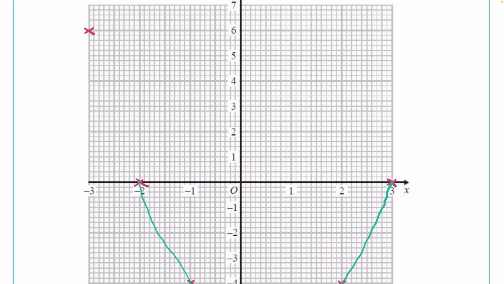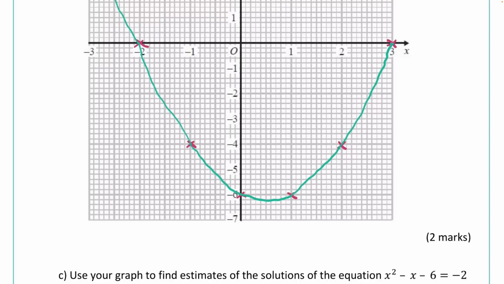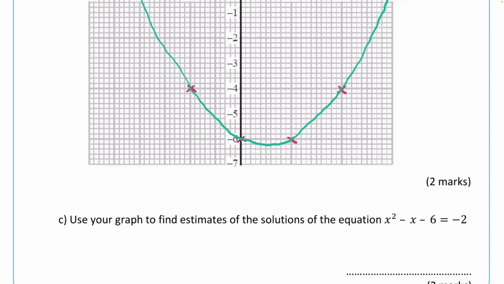Obviously I just need to curve that up to that first point as well. There we go, and it makes this really nice U shape. And there we go, there's our quadratic graph. Part C here says to use your graph to find estimates to the solutions, and it gives us the graph equation here,